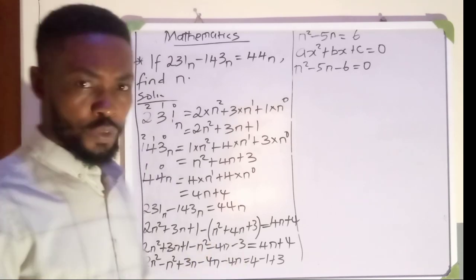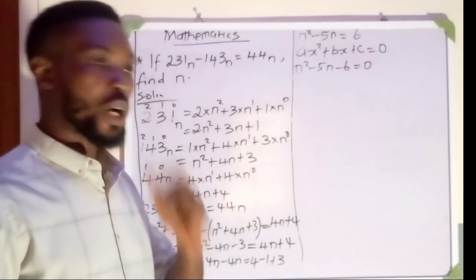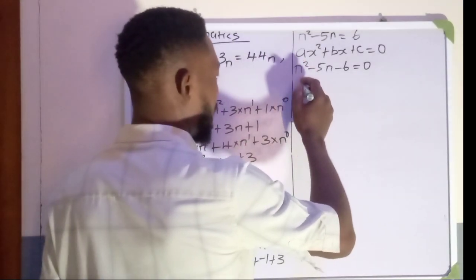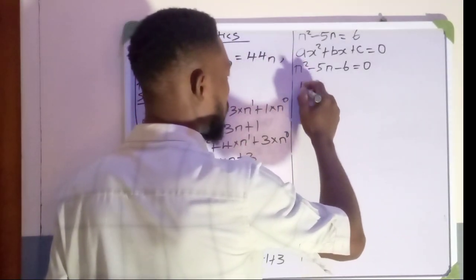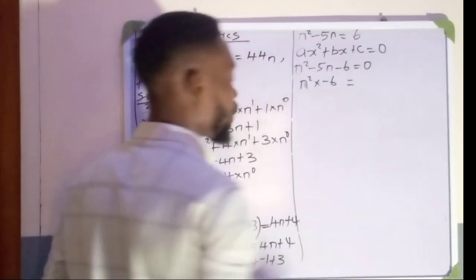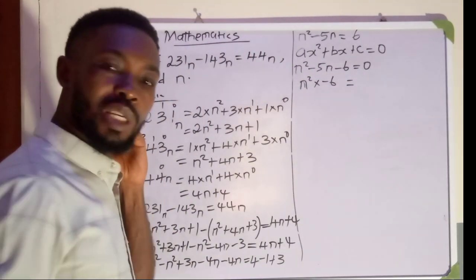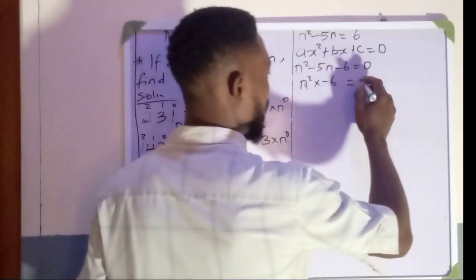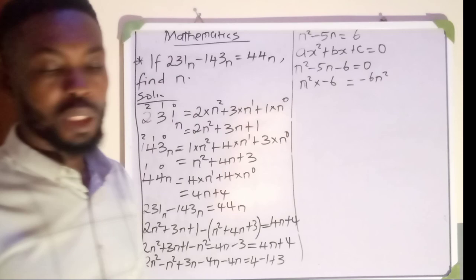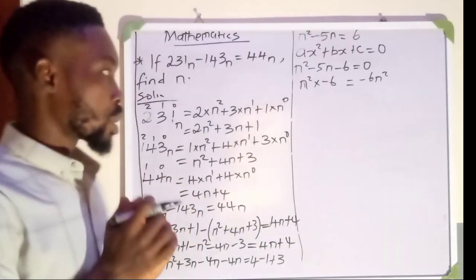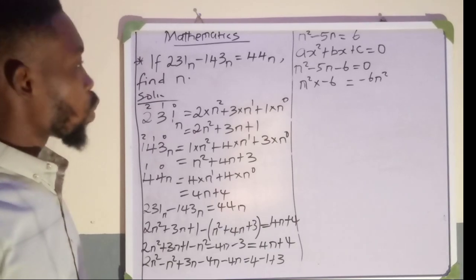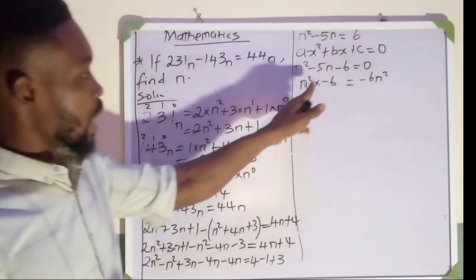So let's try solving this quadratic equation using the factorization method. What do we do? First, we multiply the quadratic term and the free term. We have n squared times minus 6, which will give us minus 6n squared. Next thing is to find two factors of minus 6n squared whose sum would give us the linear term, which